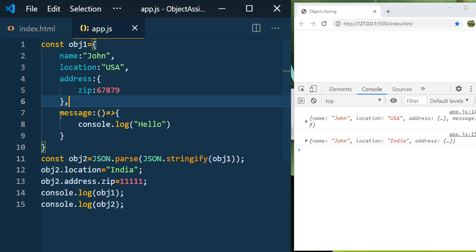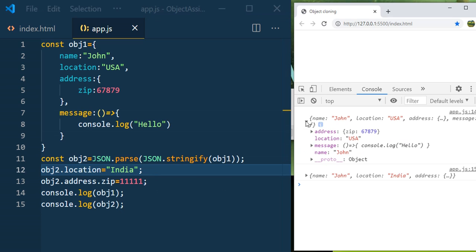We just add a method to object1, and here we are cloning using the JSON approach. Let's save it and see that in object1 you can see the message method, and when you open object2, you can't see the message method. So the JSON approach will not clone functions, methods and symbols.